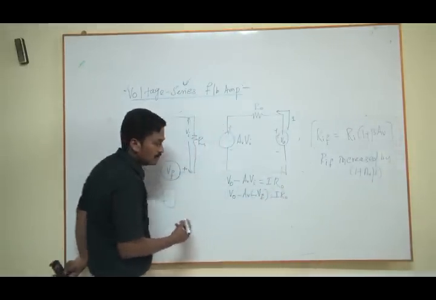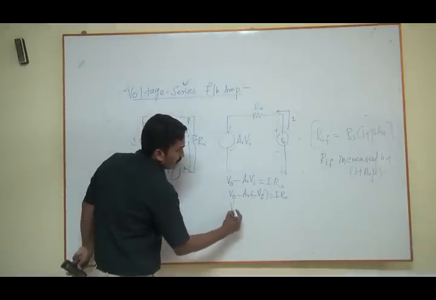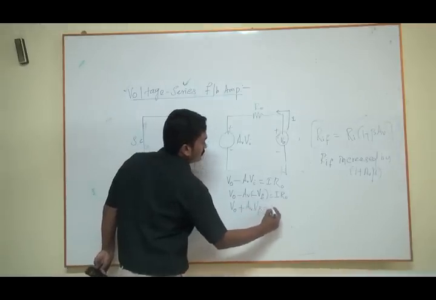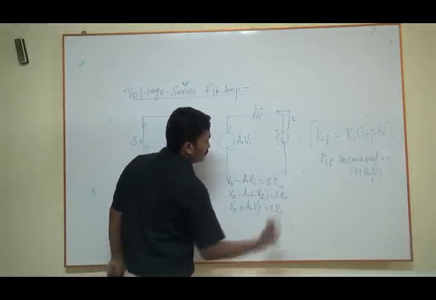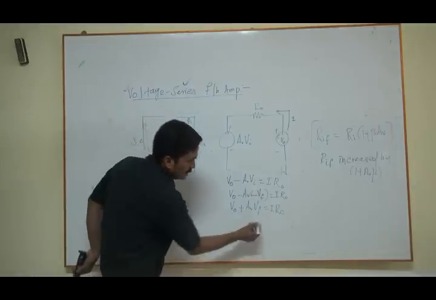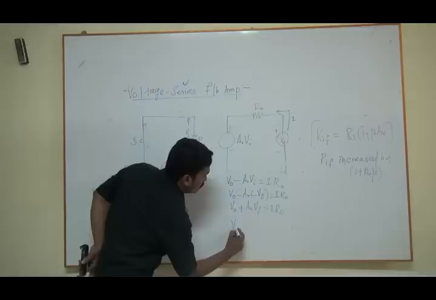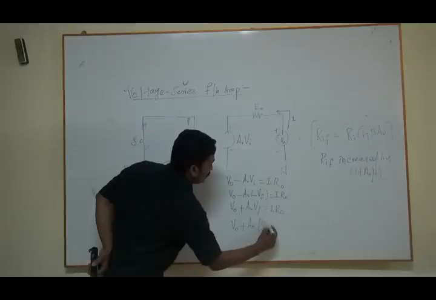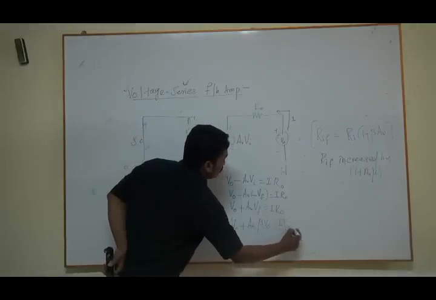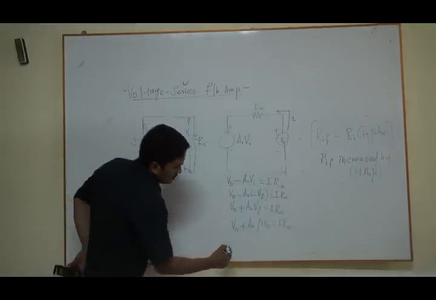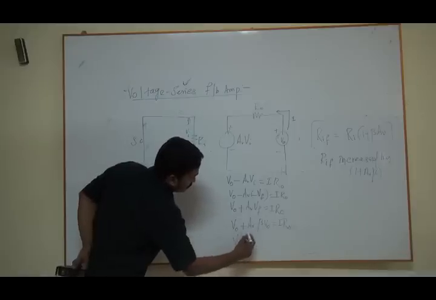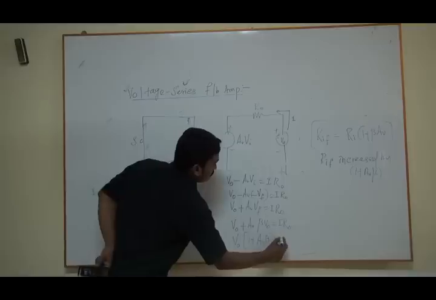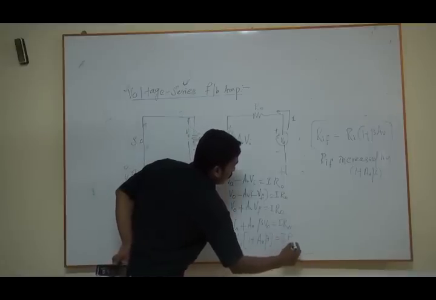Equal to I into R naught, and this minus gets cancelled. You get V naught plus AV VF is equal to I into R naught, and substitute VF value, V naught plus AV into beta V naught is equal to I into R naught, and take V naught common, 1 plus AV beta is equal to I into R naught,